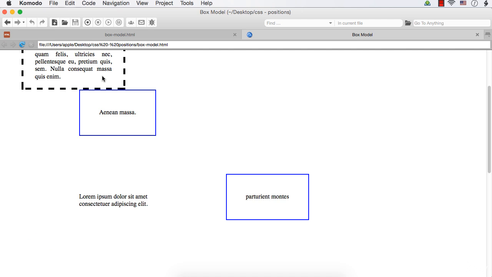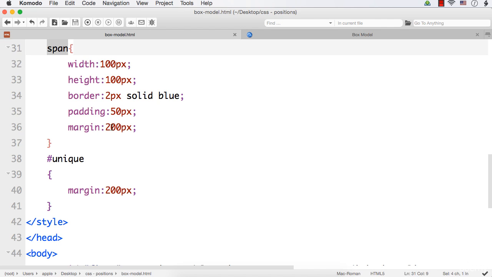Why? Because the margin will be applied only for the horizontal margins, that is for the left and right margins, and not for the top and bottom margins. That is the difference between how margin is applied to the block level elements and inline level elements. So even if you specify 4 different values for the margin, in case of a span element, it will not be applied. It will be applied only for the left and right margins.